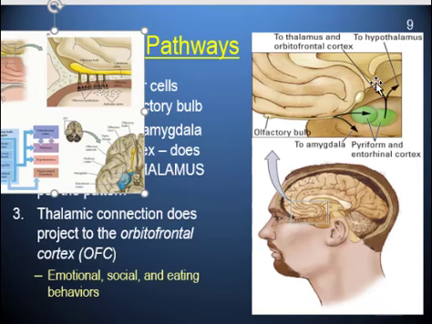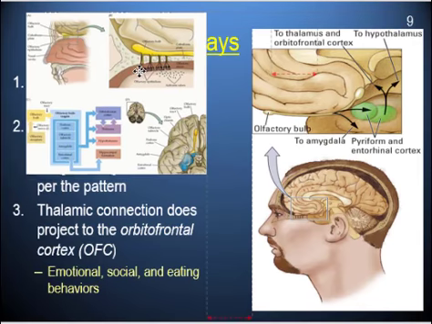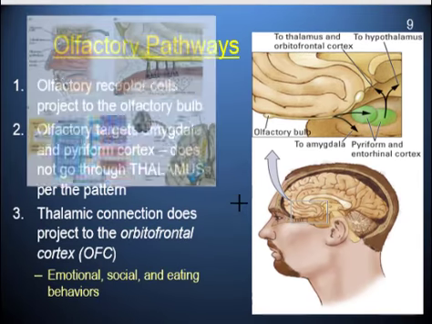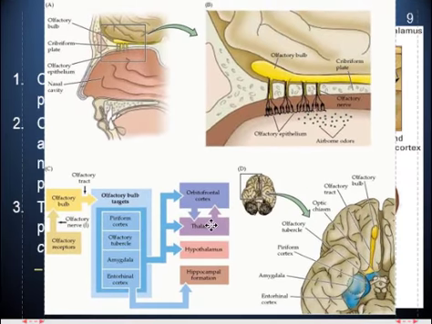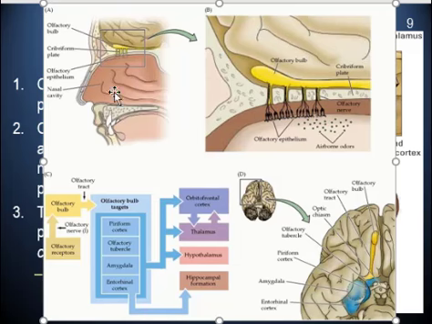Right? So again, since smell kind of cheats. Now, I like this picture a little better, so I'm going to make this one big and show it to you first. All right, so here's your nose. You've got your nasal cavity coming in. Again, the stuff's coming in there. You've got your cells, you've got your olfactory bulb, and here it is blown up.